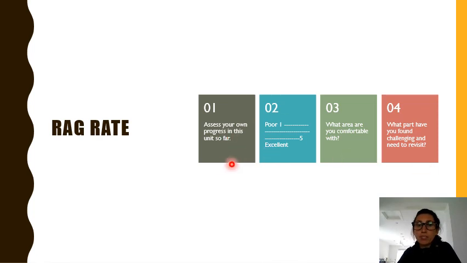So we're going to be thinking about assessing your own progress so far. You know, what area you're most comfortable with and what area have you found struggling, because moving forward now it is going to get a little bit more in depth, so it is important to make sure we are all on the same page. So again, once you finish that, upload the document,